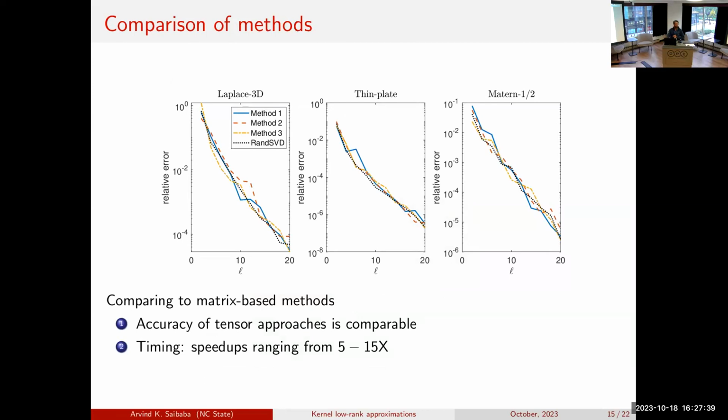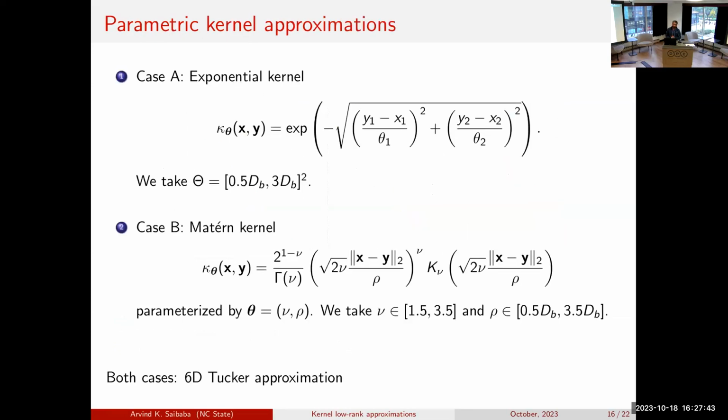These kernels are not parametric yet, and I'm going to talk about that very soon. So for parametric kernels, I'm going to talk about two cases, exponential and another. And both of them are parameterized in such a way that there are two hyperparameters. So what was a 4-dimensional tensor because of 2D interactions is now 6-dimensional because of the 2 extra parameters. The second one is the Matern kernel. It's a complicated expression. I don't want you to know it, but I just want to point out that it has 2 extra hyperparameters that are different in meaning than the first one.